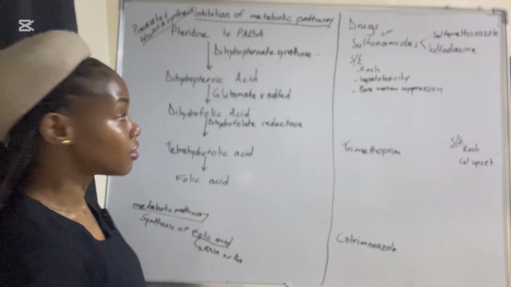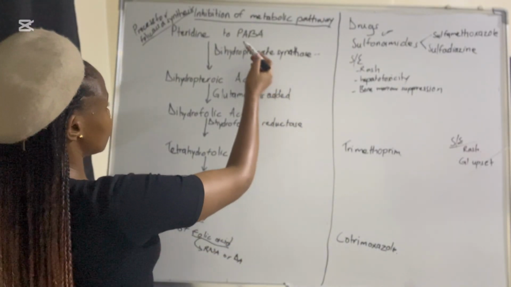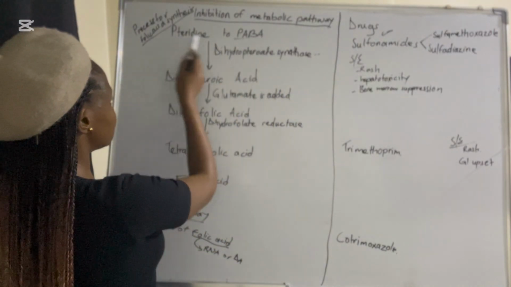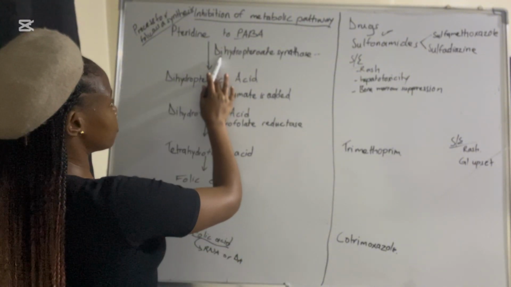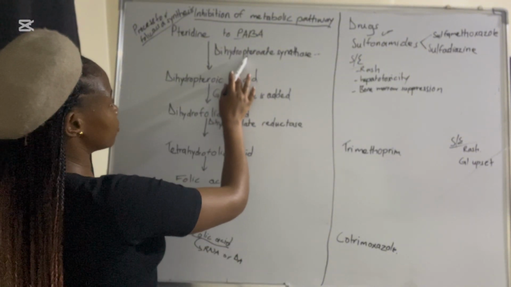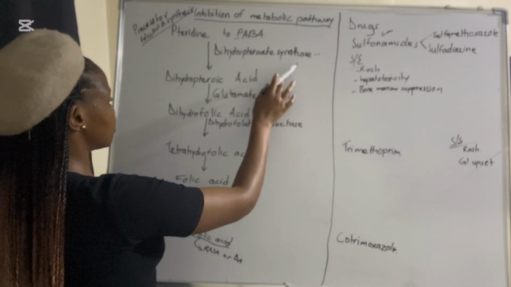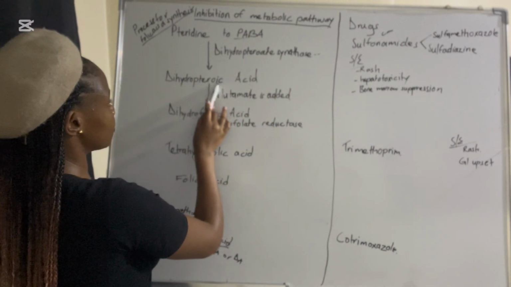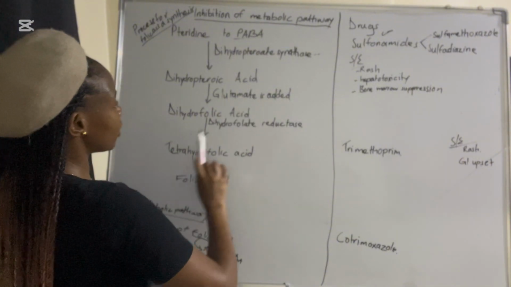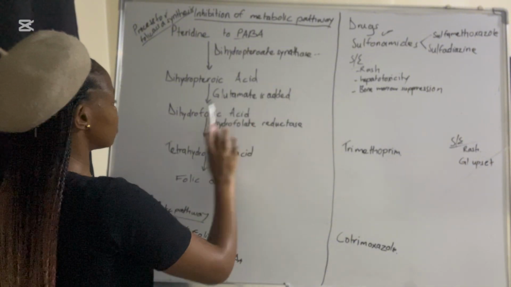How does it happen? So the bacteria produces PABA, which binds to pteridine. In the presence of an enzyme, dihydropteroate synthase, we are going to form a compound called dihydropteroic acid, where glutamate is added to form